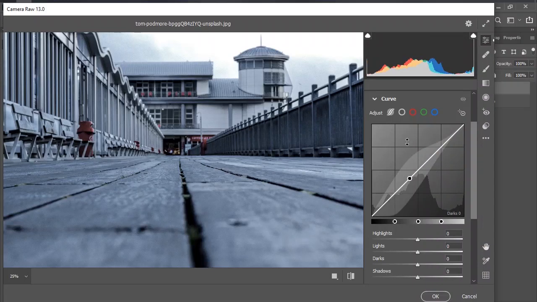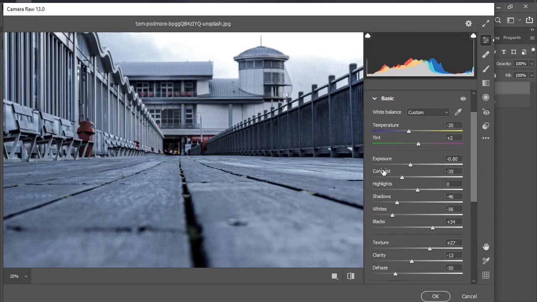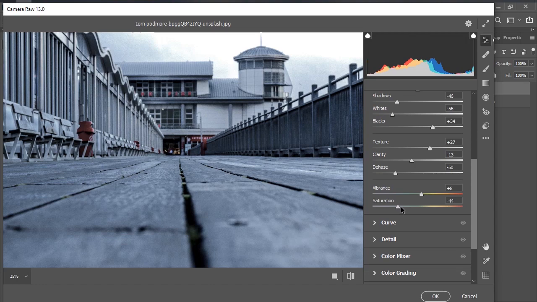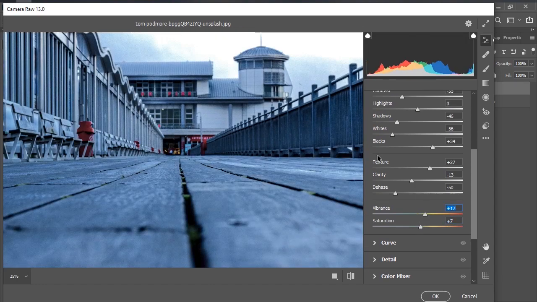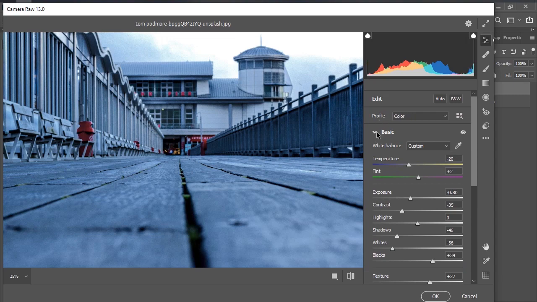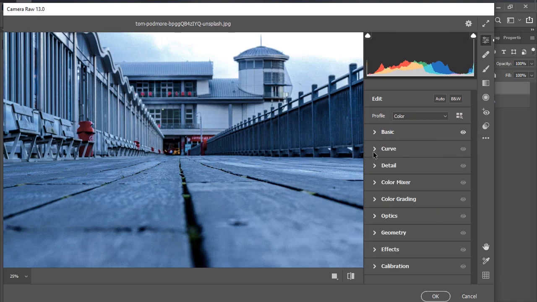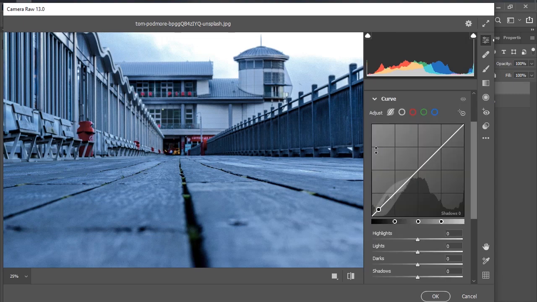Then curves. This is our basic panel. Okay, this is our basic panel. Then let's see curves. Curves, if you see here,